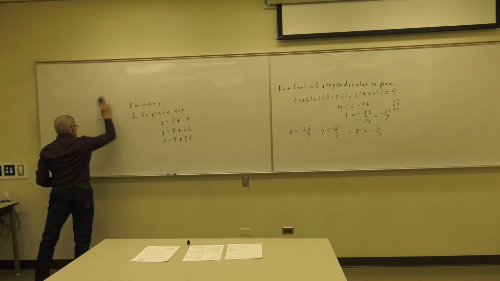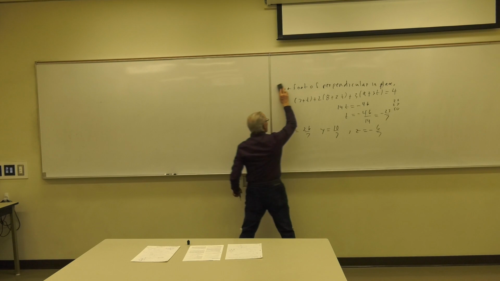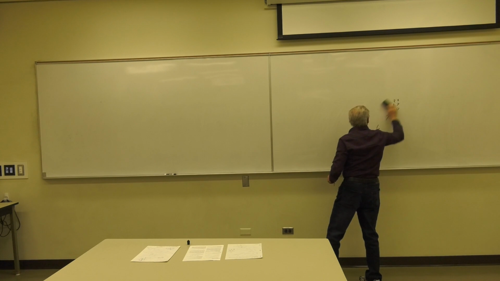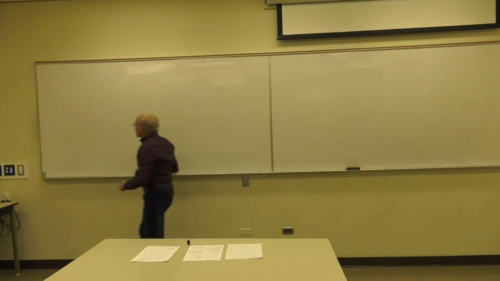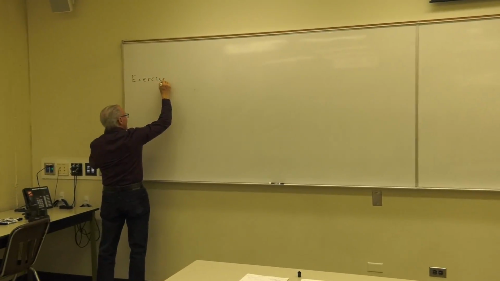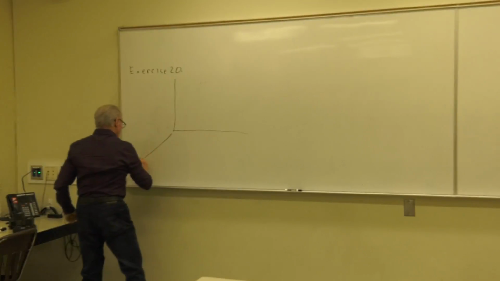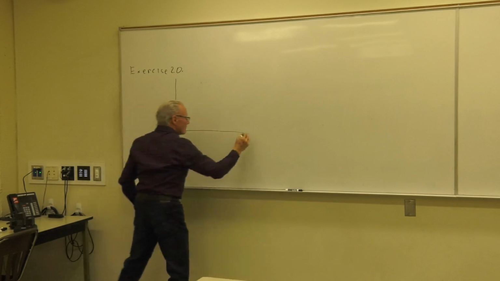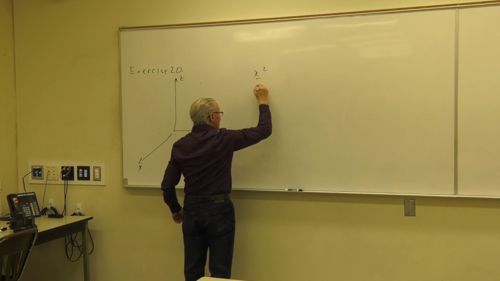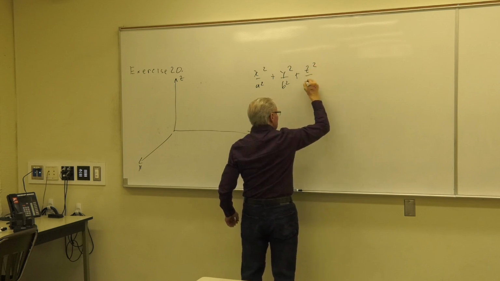Second one that's an application is one of the exercises. Exercise number 20. I'll describe it to you. What it says is the following. You're given the ellipsoid x squared over a squared, y squared over b squared, z squared over c squared is equal to